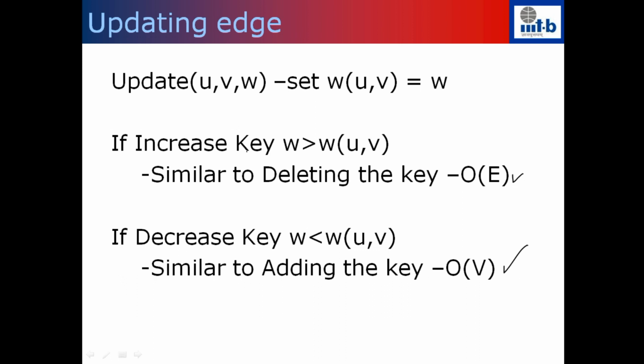Now if you add some edges, delete some edges, or change the edge weights, can you quickly update the shortest paths? One way to do it is to just apply Dijkstra again and get the new shortest paths, but that will take order (V plus E) log V. So can you do much faster, the way we did it in the case of a minimum or maximum spanning tree? It turns out that updating the shortest paths is much harder.